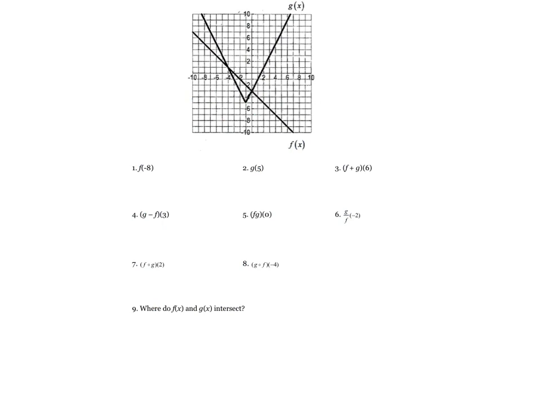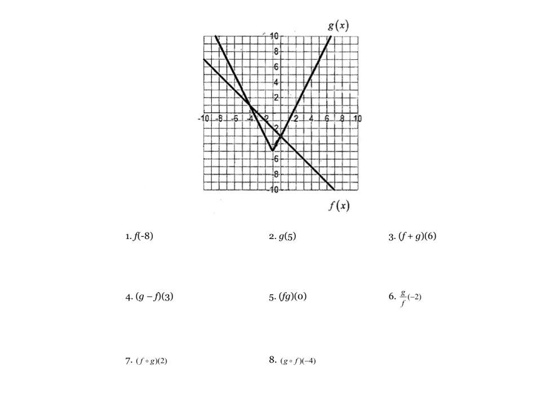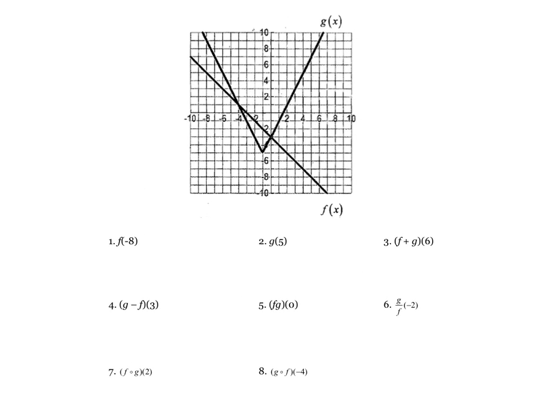Okay, so this is actually the same exact thing. I'm just going to go ahead and skip to number 4. If you want to try these later on your own, these will be 5. G of 5 would be 7. And then this would be f of 6 plus g of 6. Okay. And that would be, f of 6 would be